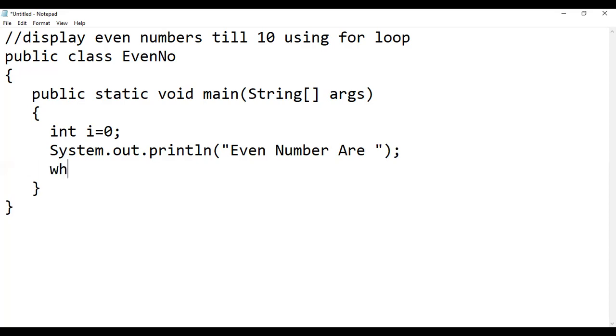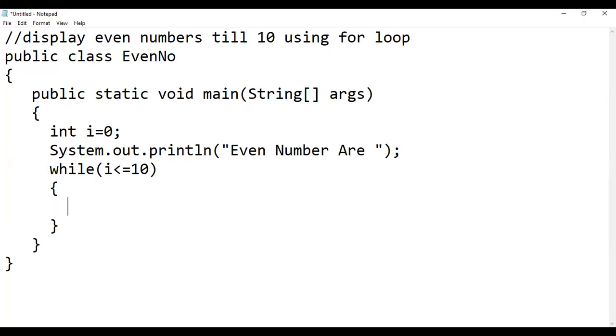So the while loop. Firstly we write the condition here. I must be less than 10. And if you want to include 10, then we can use equals to, otherwise it will not include 10. Then the body of the while loop starts.